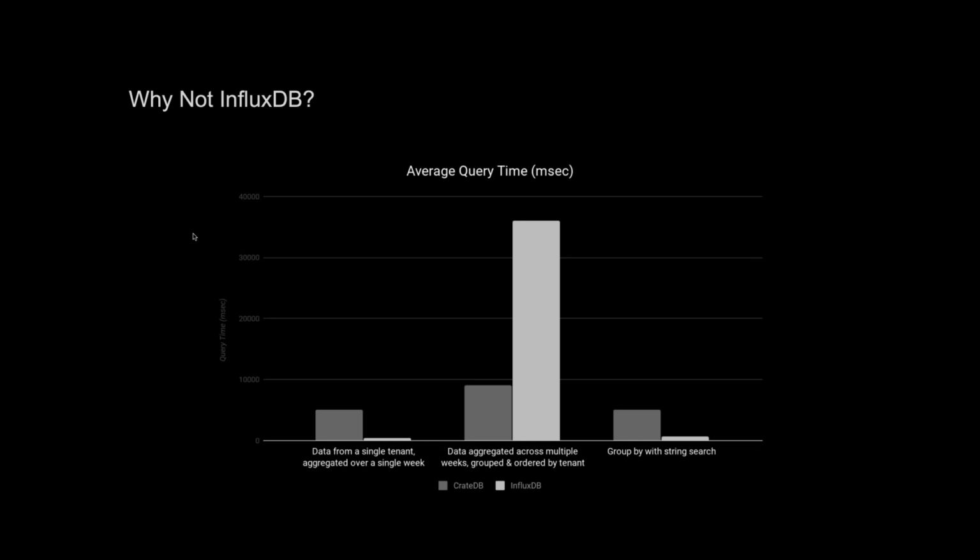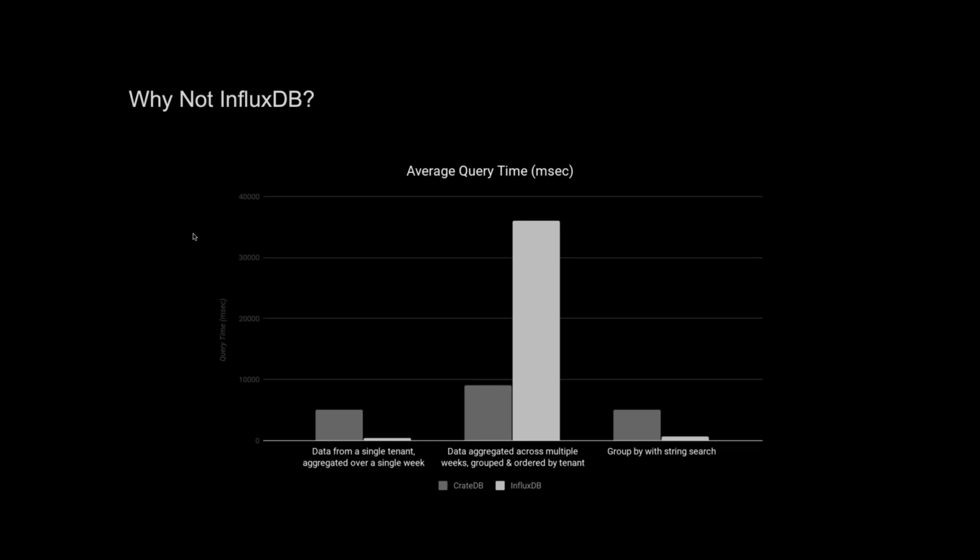Now for performance benchmarking, we use the same data set that we used with the PostgreSQL comparison, 314 million sensor readings, which were stored in CrateDB and InfluxDB, each running on similar hardware. So there were clusters with 24 CPU cores and 48 gigabytes of RAM. Now queries that access data from within a single partition, which are queries 1 and 3 in the graph in front of you, within the same week, both worked fast in both the databases, but faster in InfluxDB.